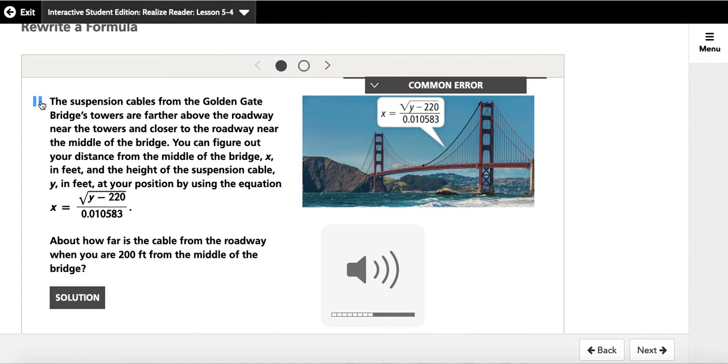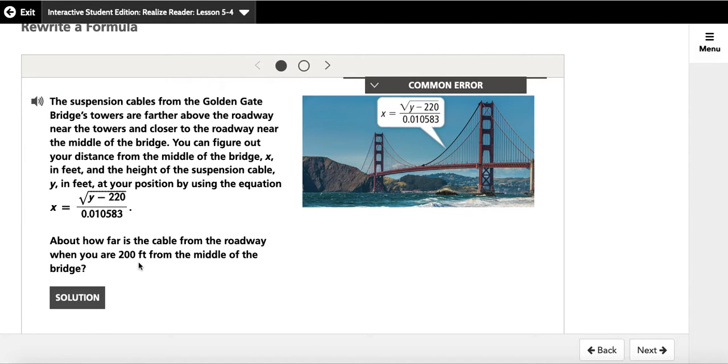The suspension cables from the Golden Gate Bridge's towers are farther above the roadway near the towers and closer to the roadway near the middle of the bridge. You can figure out your distance from the middle of the bridge, x, in feet, and the height of the suspension cable, y, in feet, and your position by using the equation x equals the square root of the quantity y minus 220 divided by 10,583 millionths. About how far is the cable from the roadway when you are 200 feet from the middle of